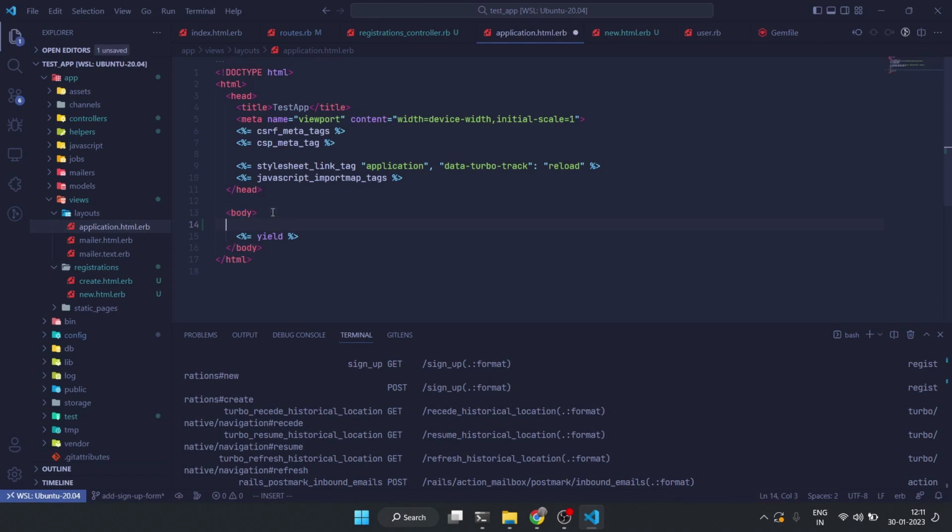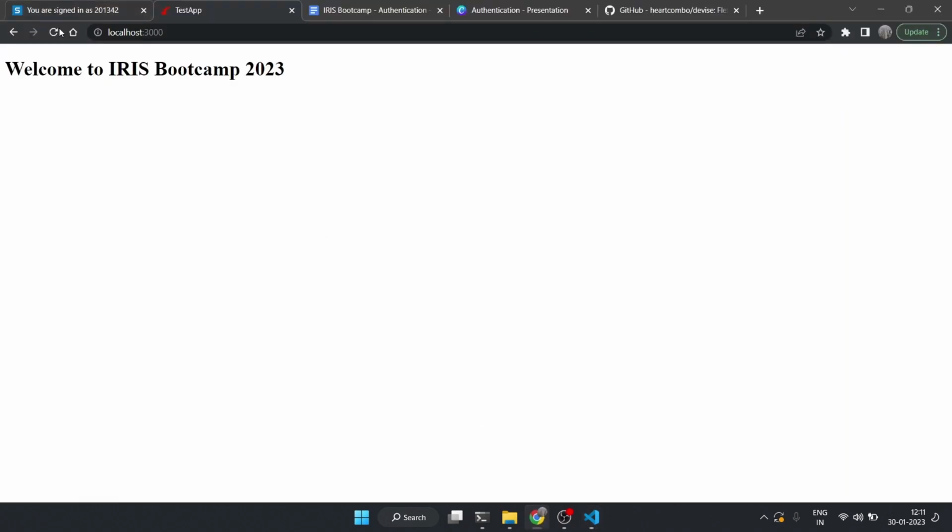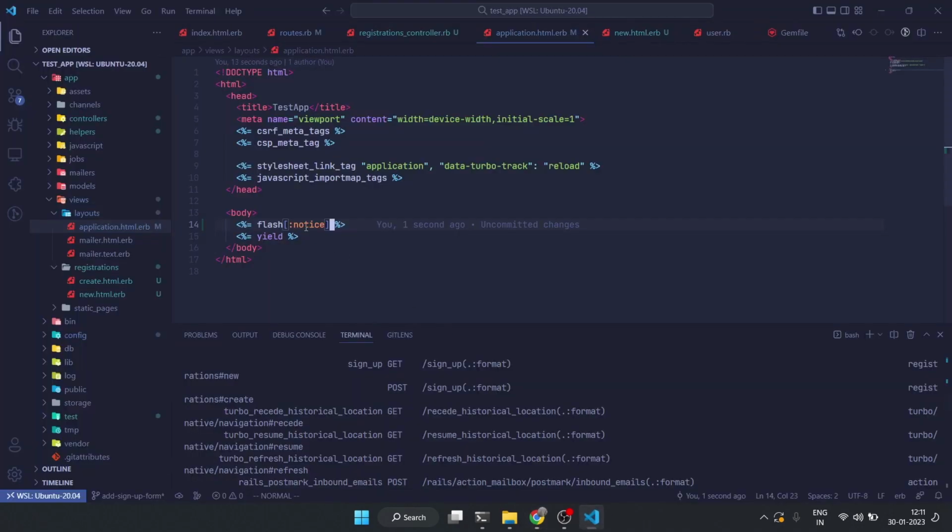So we'll try to add flash messages here. I'll say flash notice, and I put the equals to it, which means it will render it. If I reload, you can see "successfully created account." If I reload again, it's not there because it was cached, it was only once, so that's why it showed up. But this is not a good place to put it, so you'll have to create something called a